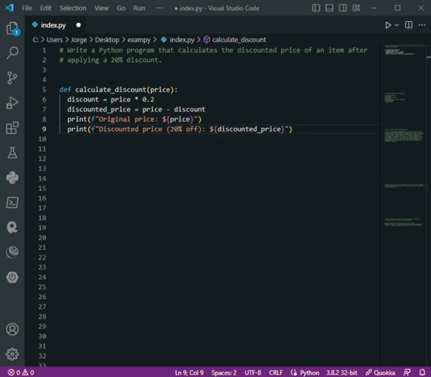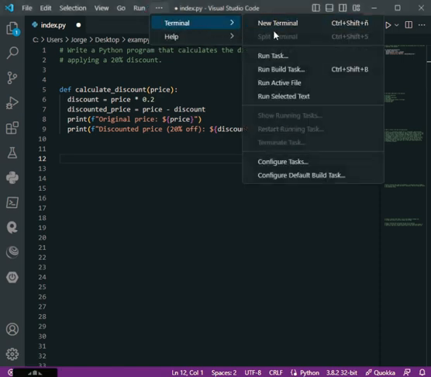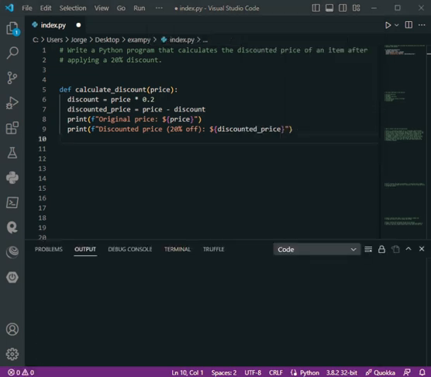So let's see this in action by printing the result of our function. First we will open the terminal, and before printing our result, let's focus on the end of the function, which is the return statement,